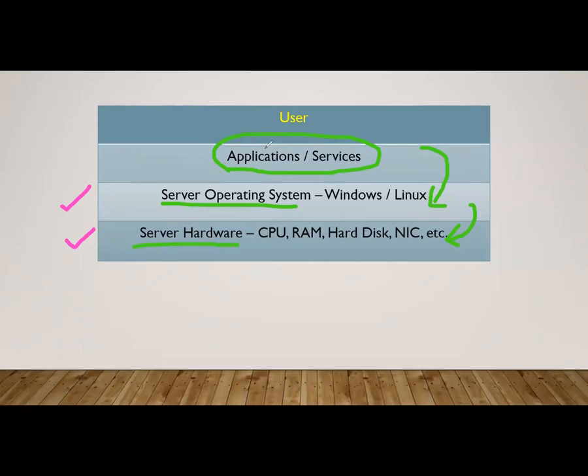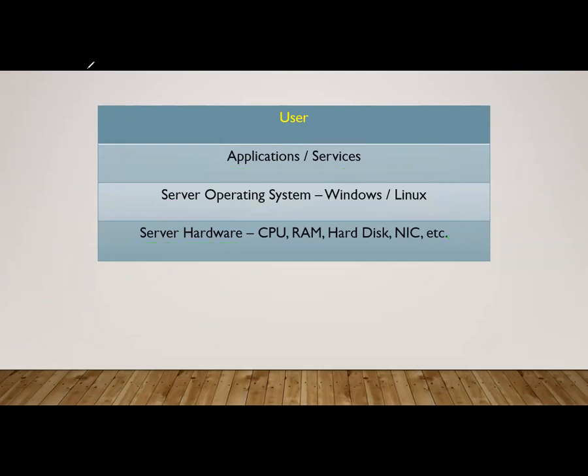Okay, so I'll just take a break for 30 seconds. Just try to understand this scenario very well. Applications are running all over. Applications are running over the internet. Applications are running within the company. Whichever website you connect, whatever you do, whatever you access, there are applications. There are different types of applications. Like I told you, mailing applications, file applications, database applications, banking applications, game applications, whatever you do over the internet, you are connected to an application. So it is running on server OS and it is running on server hardware. These are the three layers. Clear?